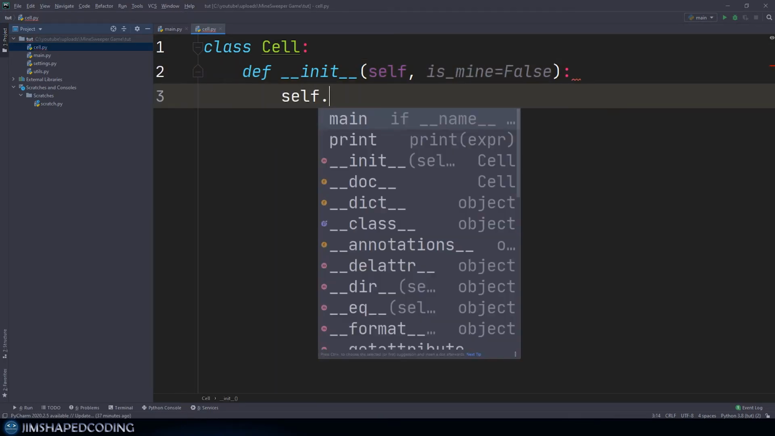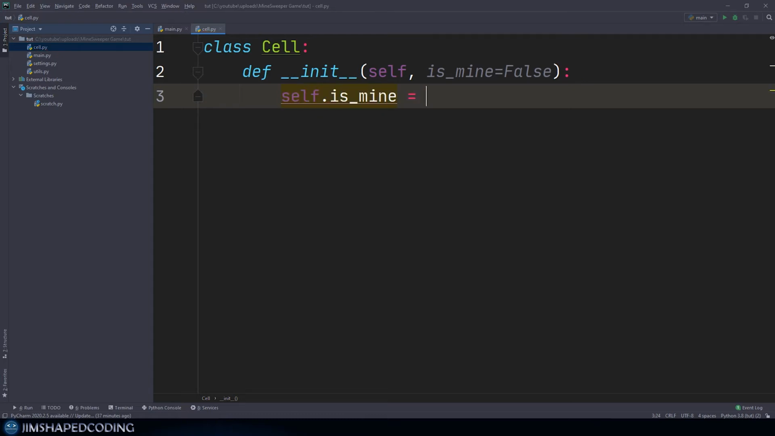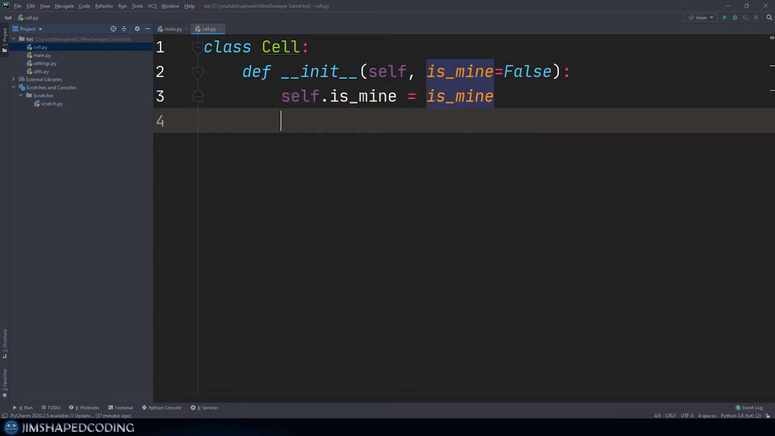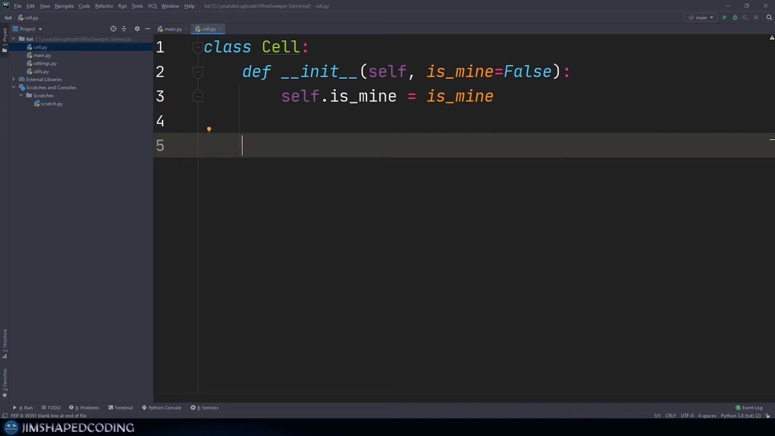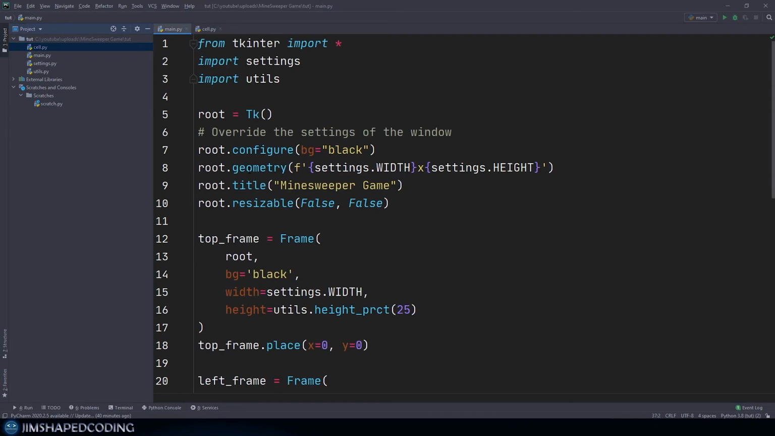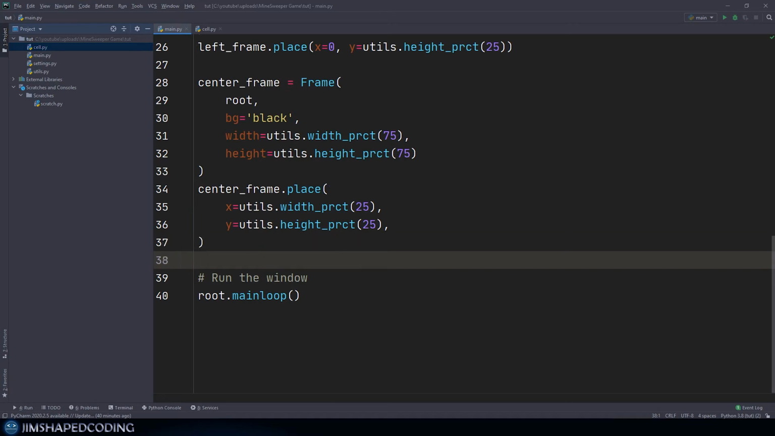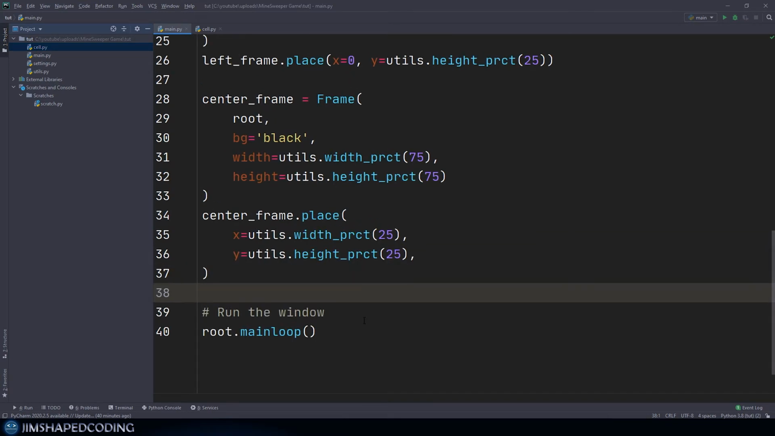And I'm going to say self.is_mine is equal to is_mine like the following. Alright, so now that we have this, let's see how we are going to use it in our code. So I will go to my main.py file and we'll scroll just above this comment here, run the window, and